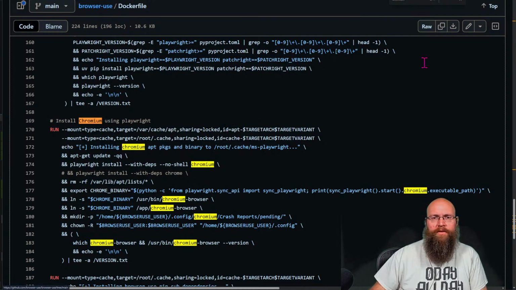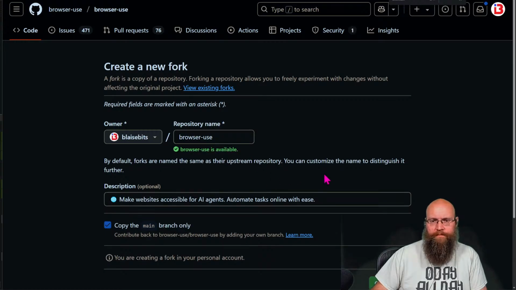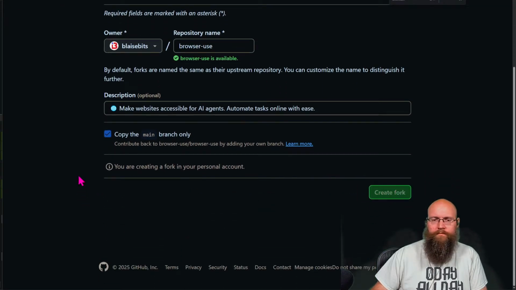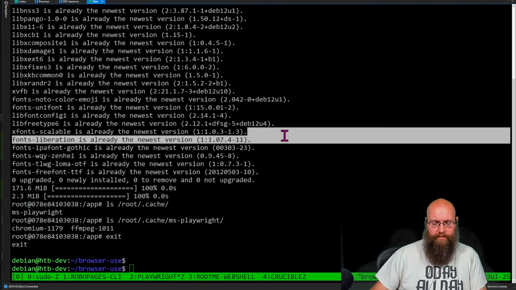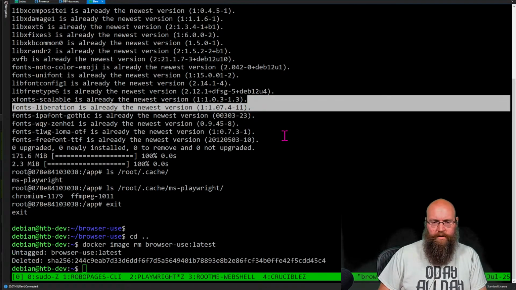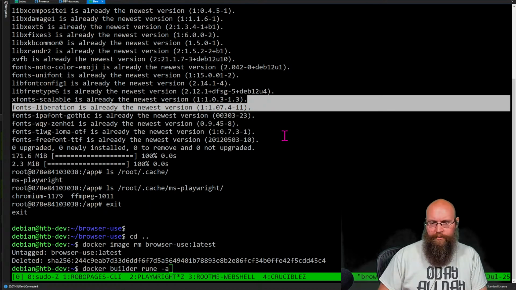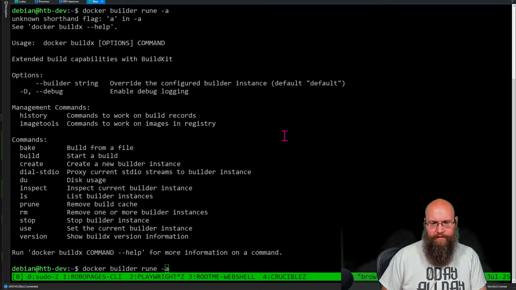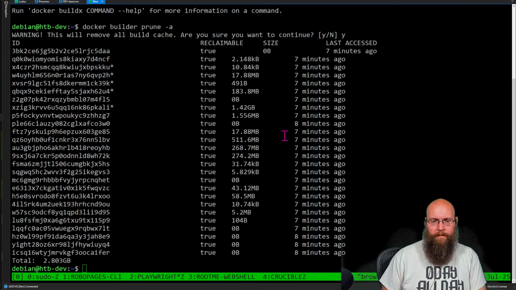All right, so here's what I'm going to do. We're going to fork this, and then we're going to delete browser use. Yep, delete that. And then rm -rf, I'm going to delete out all the build layers.